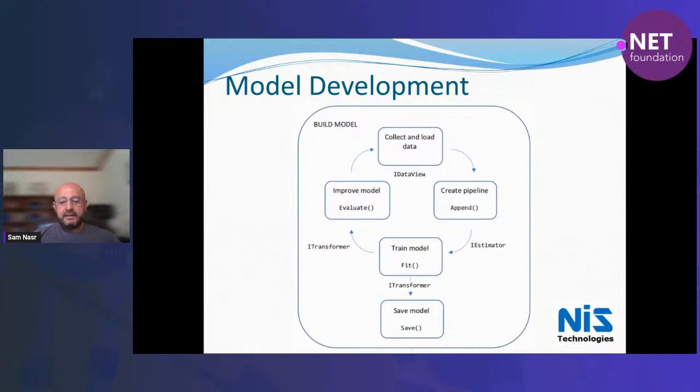And once we have that data, then we can create a pipeline. And then you see in the middle of the diagram, there's a train model box. And we do that using the fit method. So now we're giving it input values. We're giving it the output values of what it should be. So for example, I say that a